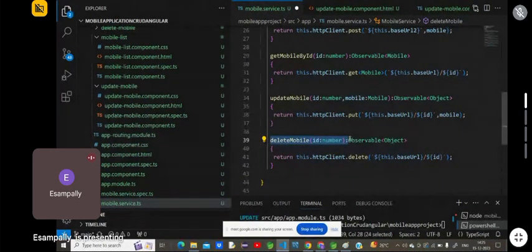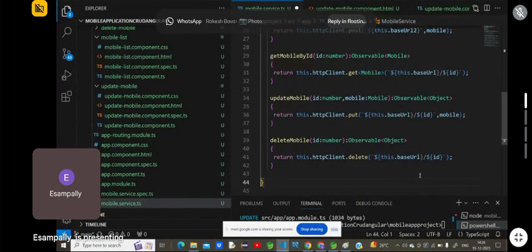What it is performing is, it will check within the database whether this particular mobile with the given ID exists or not. Based on that it is going to perform the deletion. So this is the delete mobile. Okay, now what we will do is here